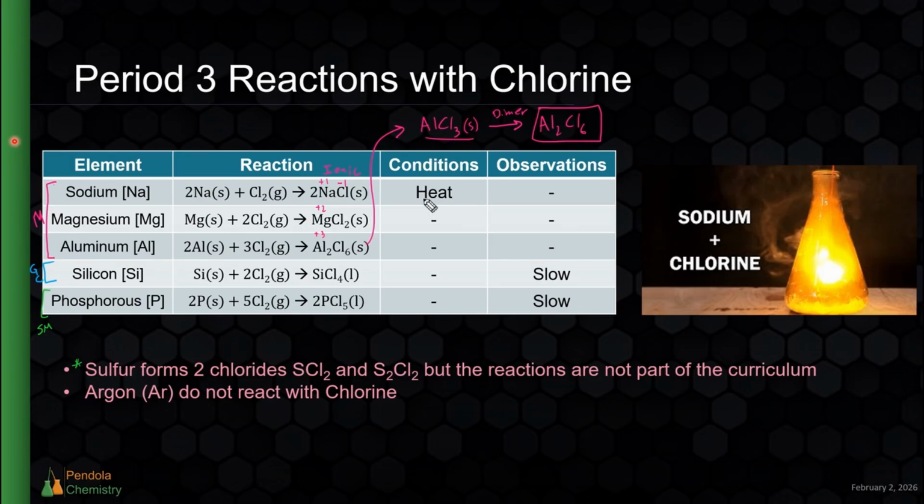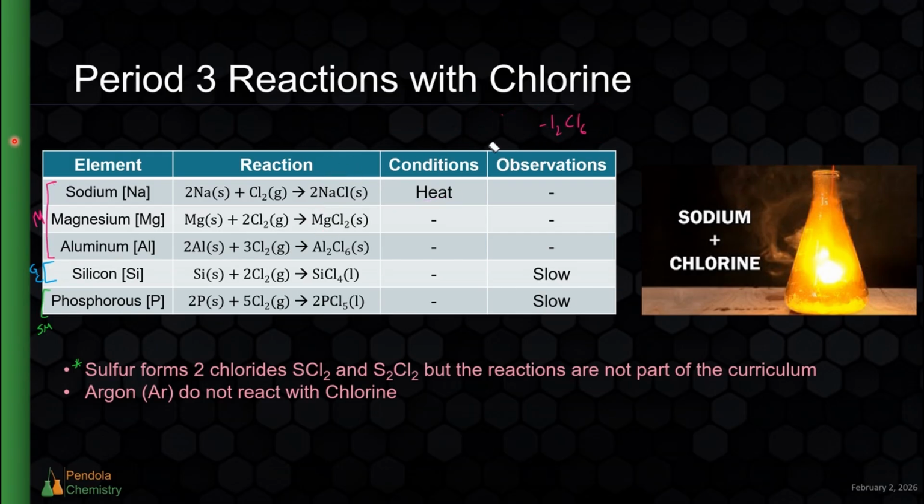Now, as far as conditions are concerned, the magnesium and aluminum reactions happen very normally. They don't really need any special conditions. But the sodium does need a little bit of a push to react with chlorine, so the sodium does need to get heated to react with chlorine. There are no real observations for these reactions. They're very aggressive reactions, but there's no real observations we need to worry about. So those are the ionic ones. Let's now look at the giant covalent, which would be